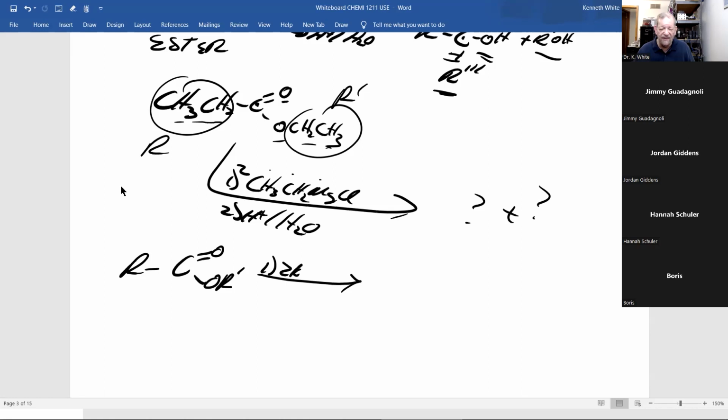We have R triple prime, 2 of them. We have magnesium, and X is a halogen, where X can be, in our case, chlorine. It could have been bromine, or it could have been iodine. And keep your eye on the carbonyl carbon, because that's where the fun is. And second step, acid water, got that. And what are the 2 products? The first product